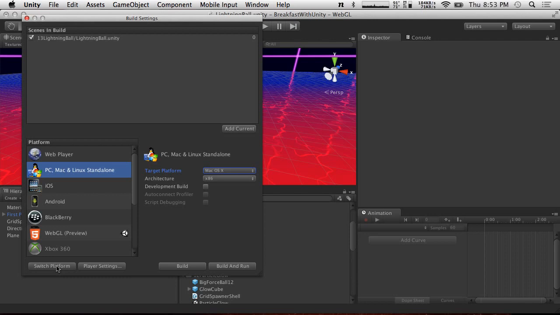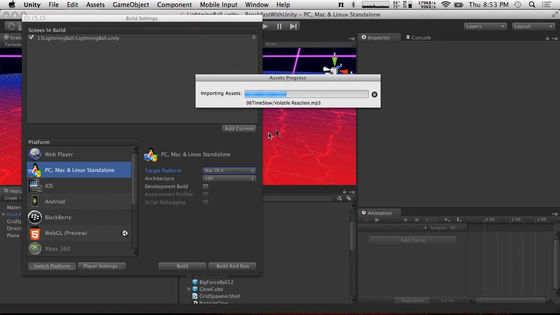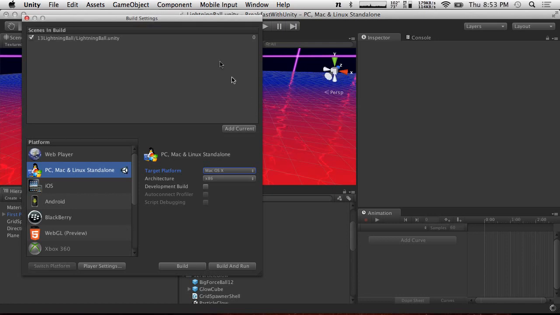So, yeah. I'm going to switch the platform back to PC, Mac, Unix. Oh, and we have to wait for this anyway. So, yay! We've got the bar game. It's a bar game again. Oh, all right, now it's done. Oh, it's done. All right, cool. Now I'm disappointed because the bar game. All right, so let's look at